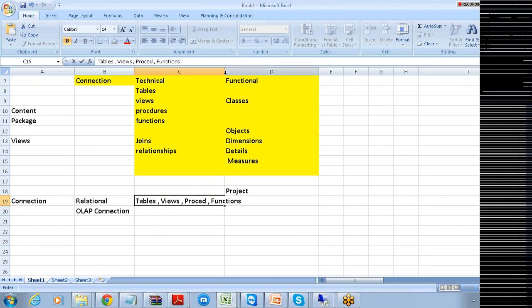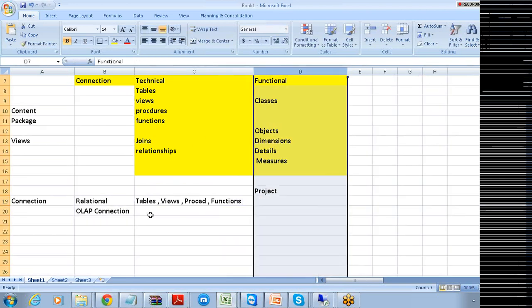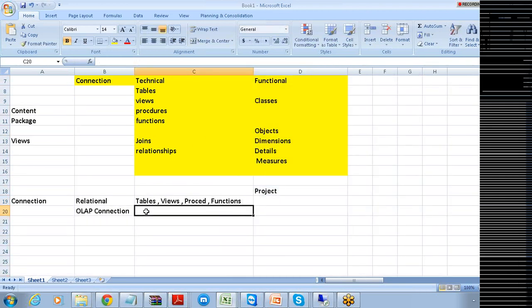But the OLAP connection is supposed to be created for the info cubes, that is from SAP BW. In such a case, we create this particular OLAP connection. Relational, and the second thing is OLAP connections.